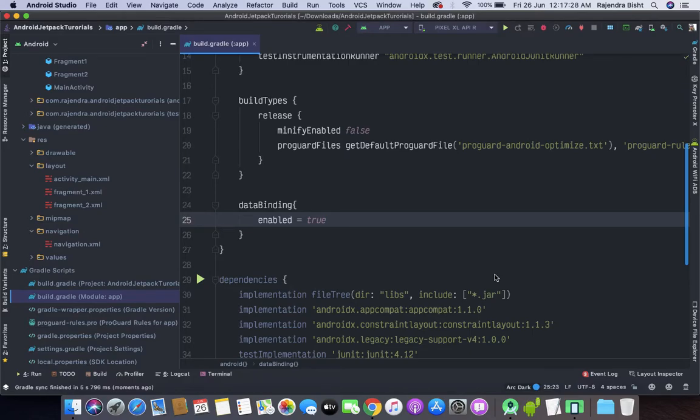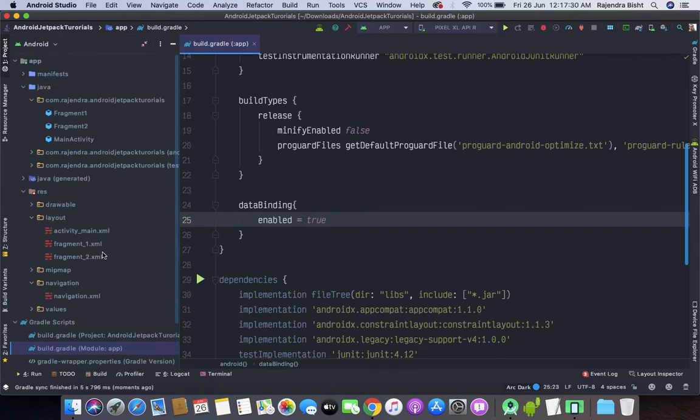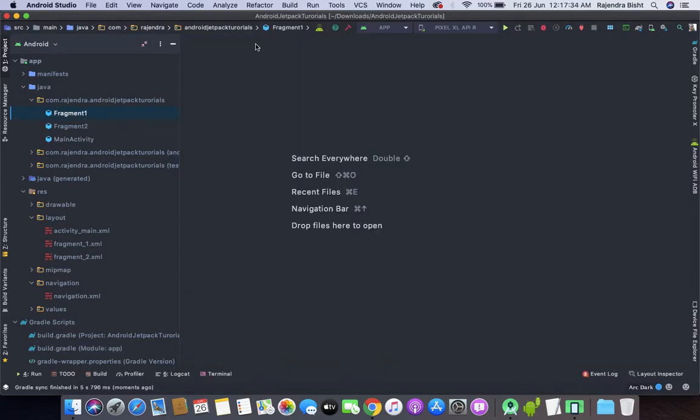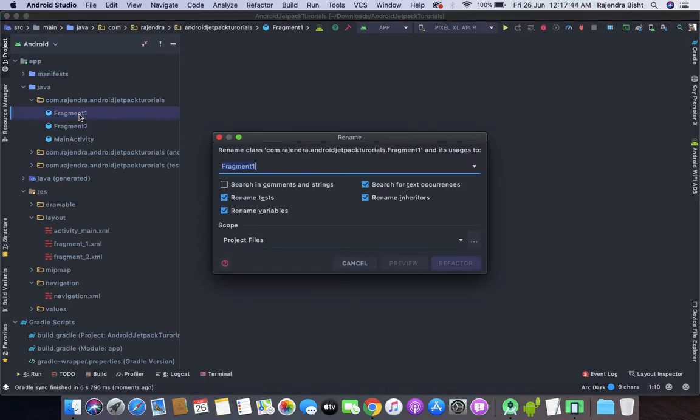Now, I am refactoring some code. Let's say fragment 1, so this is our home fragment.